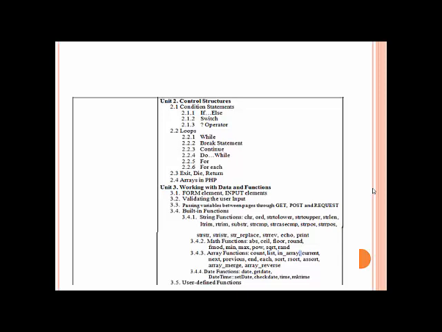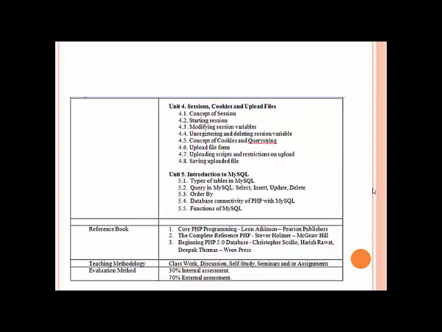Then we'll also work with different functions like string, maths, array functions, date functions, user defined functions, etc. In the next unit we will discuss session, cookie and file upload concepts. Then in the last unit we'll continue with MySQL database, MySQL types of tables, then MySQL queries like select, insert, update, delete, order by.